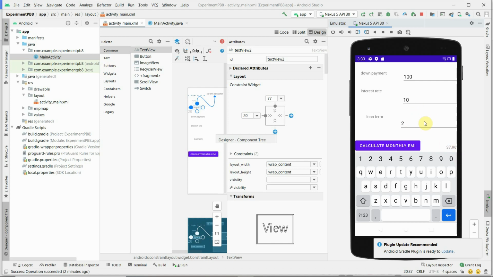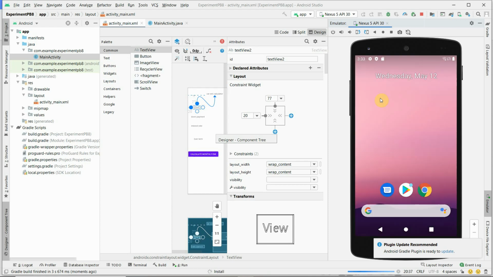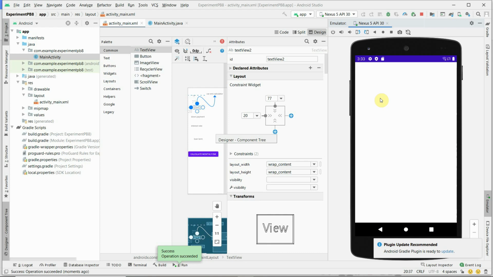Now, if you want to calculate for a different principal amount, rerun the app, it re-executes, and it shows the emulator.